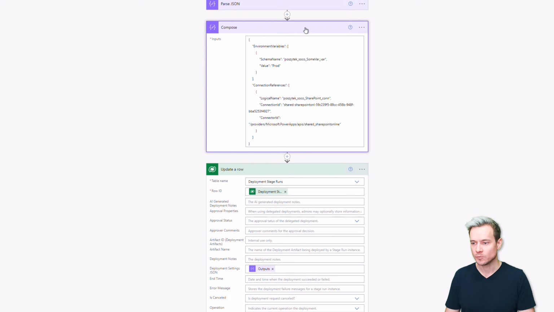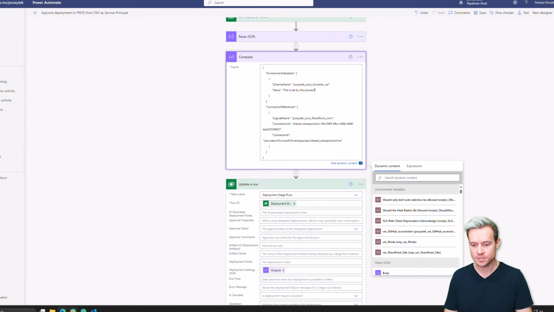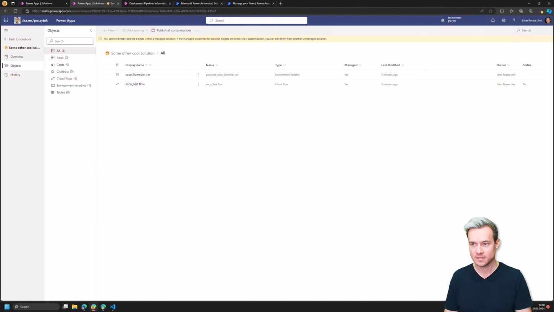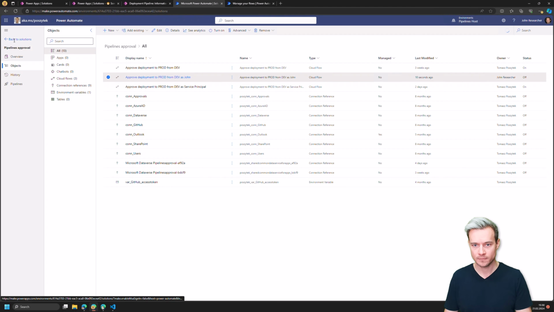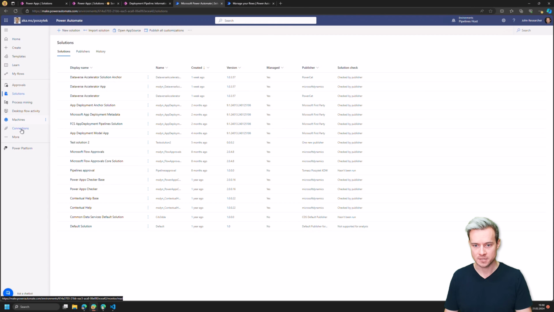And also, well, I would like to change something in here. So let's say that instead of prod, I will say... all right, and also I want to use John Researcher's connection on the prod from the prod environment. So for that, I'll navigate to the Power Automate portal, and I'll navigate to Connections,